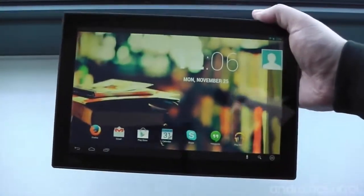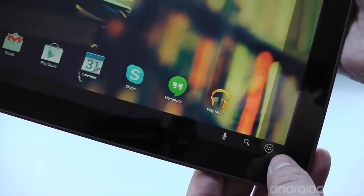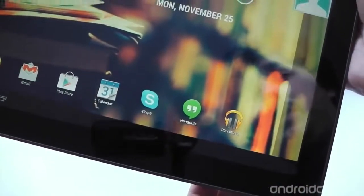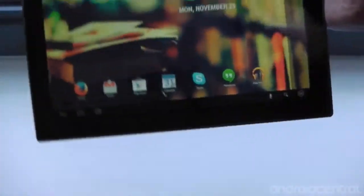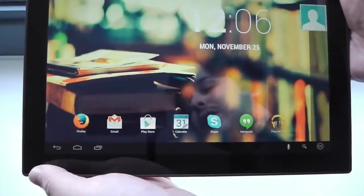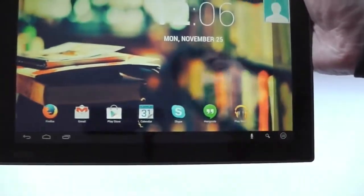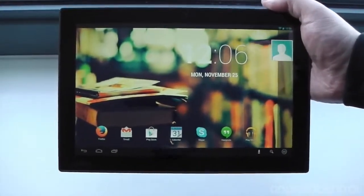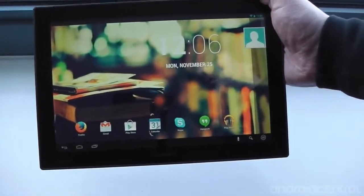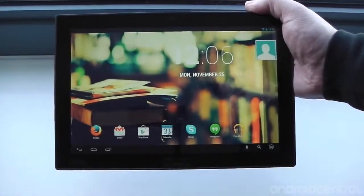One of the customizations I do really like though in terms of software. If we can focus here on the bottom corner. So in the bottom right hand corner of the display, Kobo's got the app drawer, search and voice search buttons, because obviously we're going to be holding this tablet most of the time with two hands, one left, one right. So we've got a handy set of buttons here on the left. They're the back, home and fast app switching, and then those buttons down there on the bottom right. So that's a really good touch, I think, for a 10-inch tablet, as opposed to just having the three buttons in the middle and the search bar at the top, because you're forever reaching for those things. And Kobo's done a really good job there with putting it